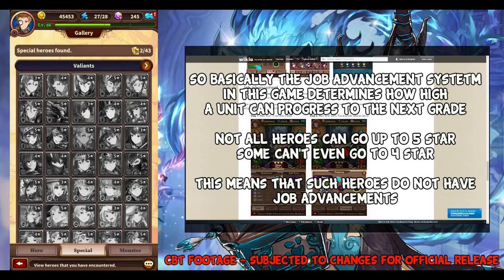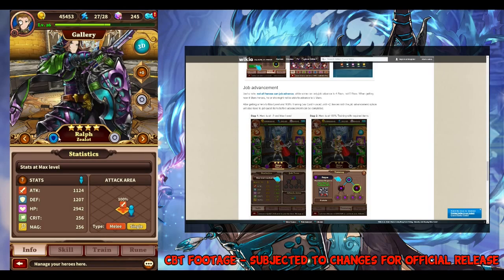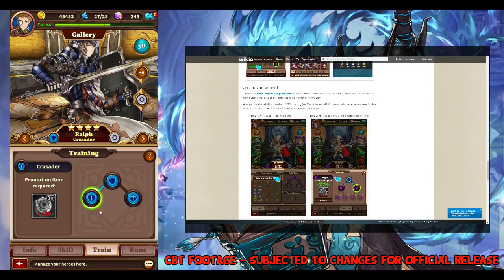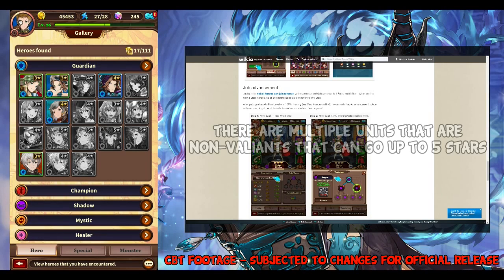So there are certain heroes in this game that cannot go to 4 stars. Look at this hero, Raphael. There's only the 3-star and 4-star version of him. He cannot go to 5 stars. So not every unit in this game can go to 5-star, alright? But there are non-Valiant units that can go 5-star. For example, if you look at